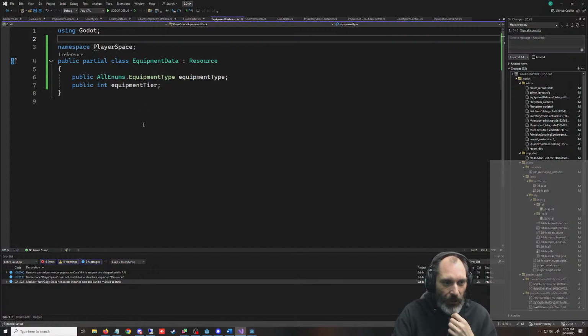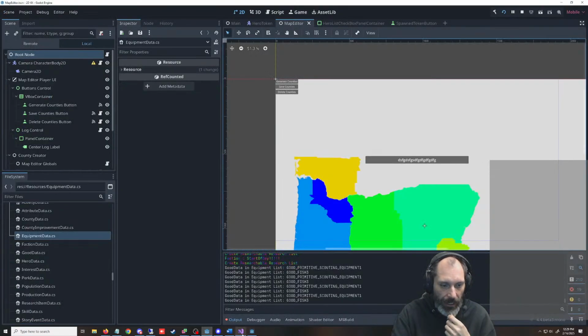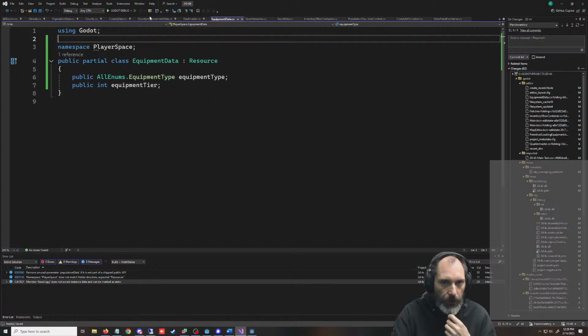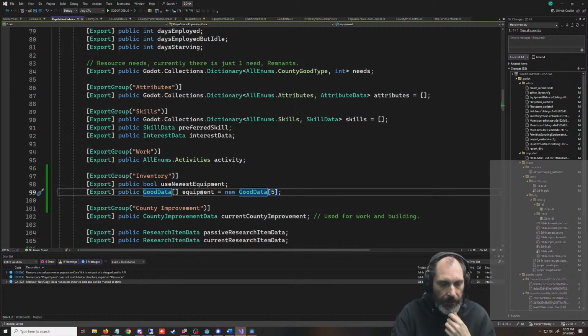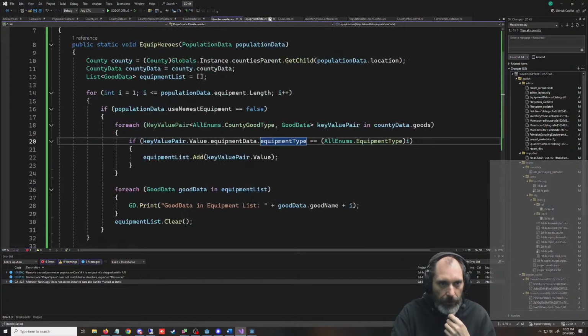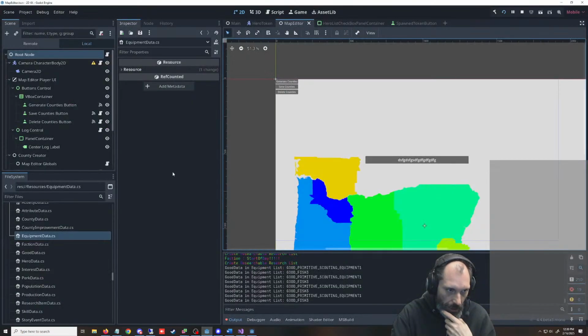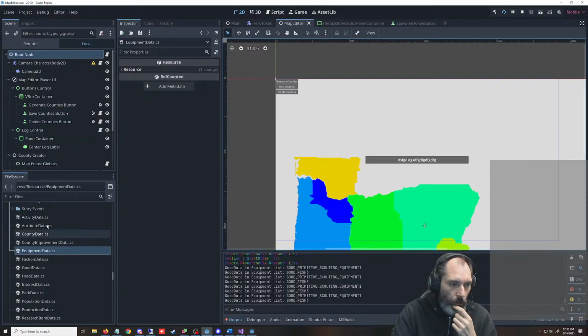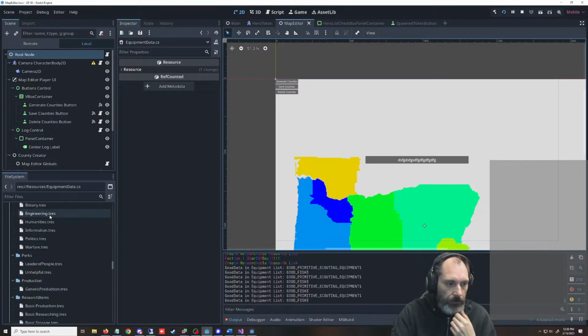Let's see. So we'll have that, and then this should now be showing up. Where were we working on here? Population data was not what we were looking at. We were looking at our new quartermaster, wherever he went. Let's pin this next to the hall master. So now we have the equipment type there, but we're going to have to set this stuff up with our goods.